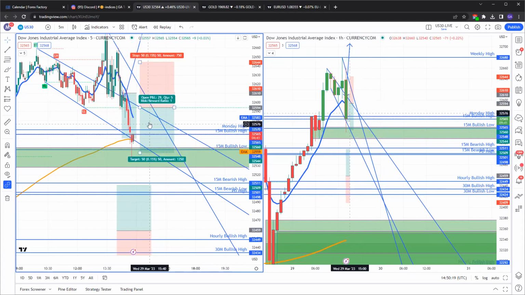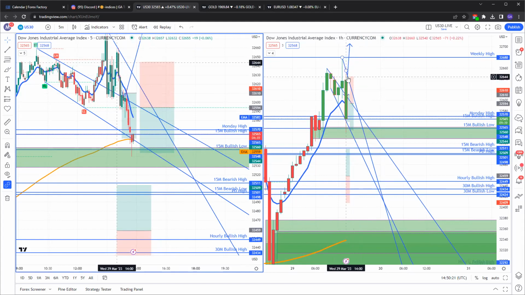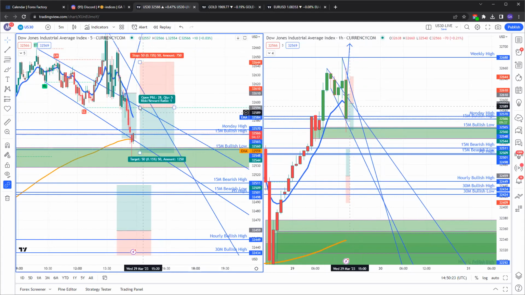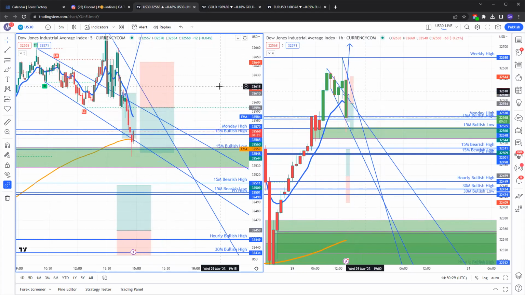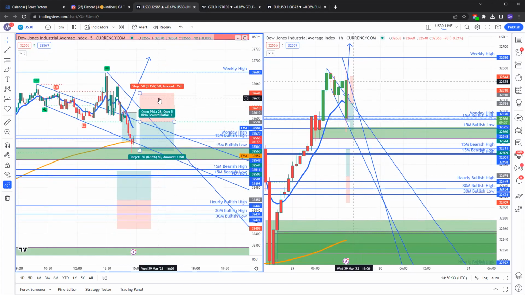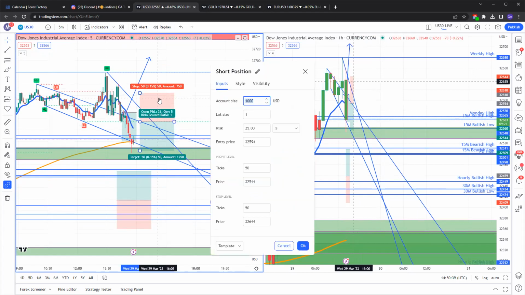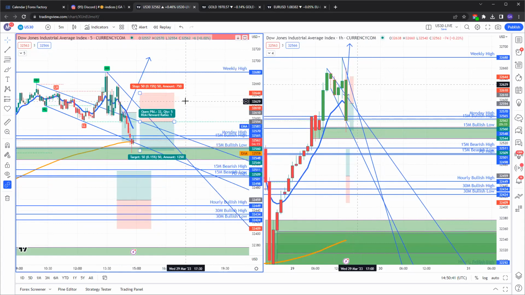I am just willing to wait for this hourly candle to close, and then hopefully by then we'll get a retest of this trend line, which will coincide with the 9 EMA on the hourly, and then at that point and only at that point will I enter a sell on US 30. And I think for these trades, since it's similar to yesterday's trades, instead of 50 pips take profit,